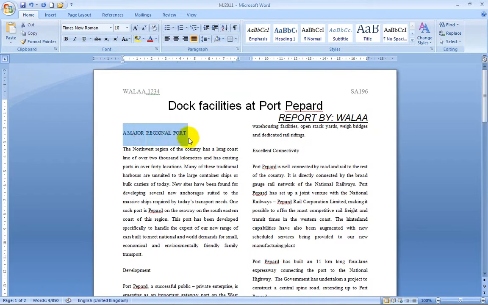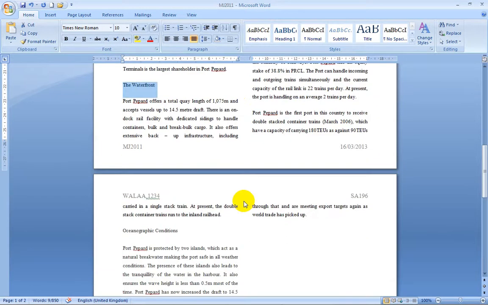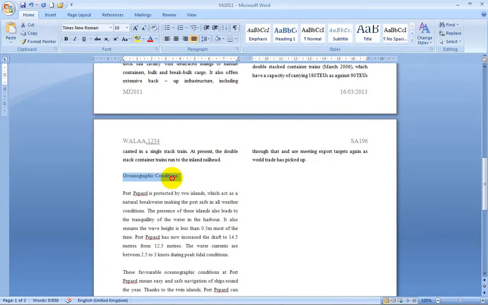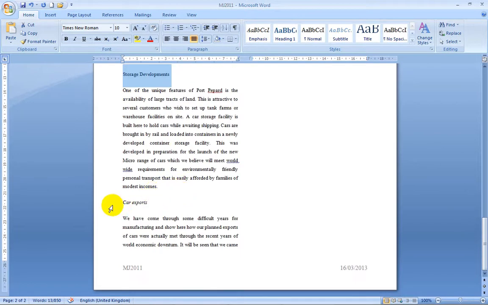Select the first one, then press the Control button and select the second, select the third, then we have the waterfront, then below this one and this one, and car express as the last one,